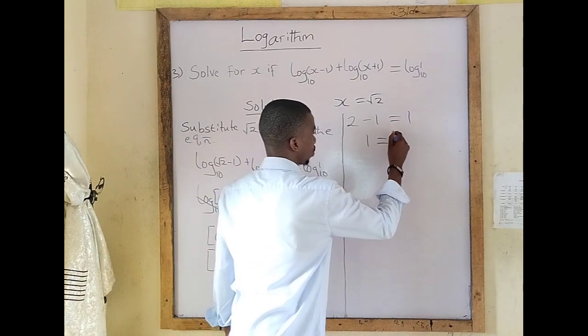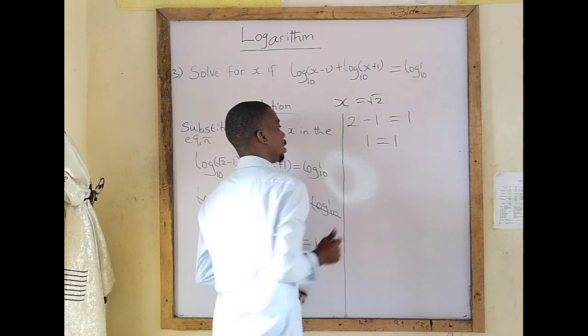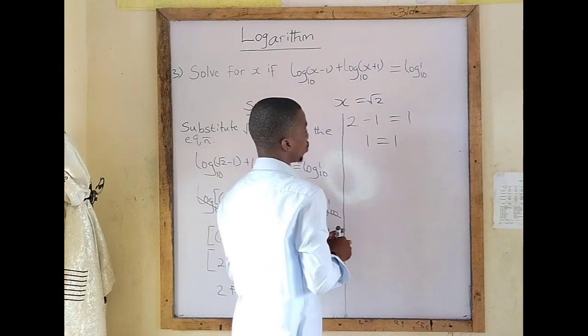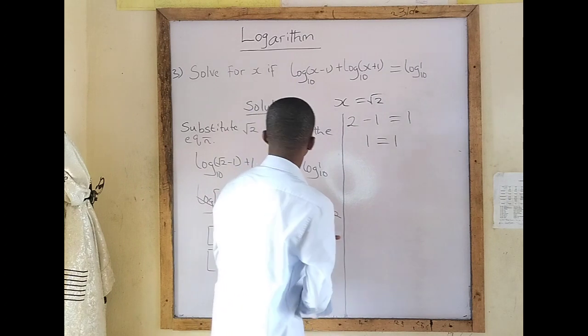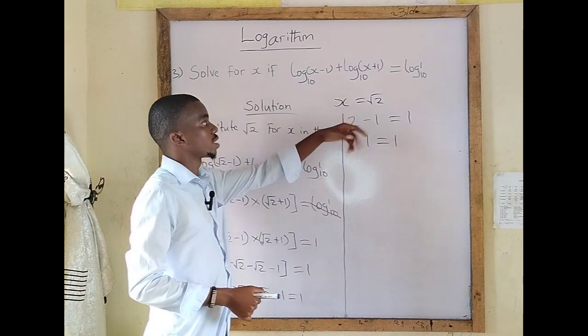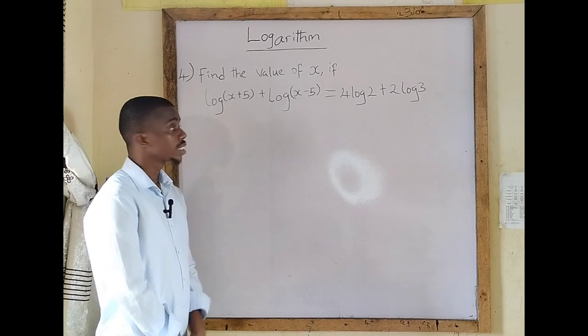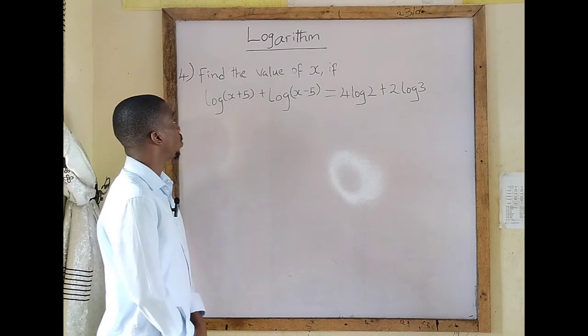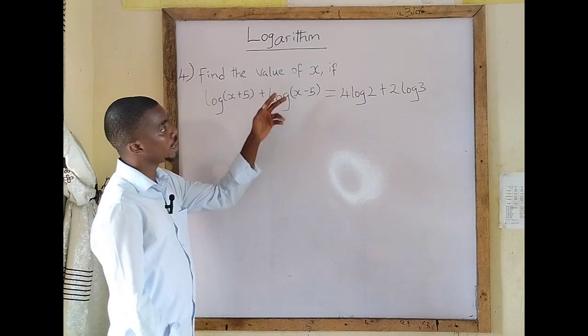Equal to 1. What is on the left hand side of the equation is equal to what is on the right hand side of the equation. So our value of x is correct. All right, we are going to go to the next question, which says find the value of x if